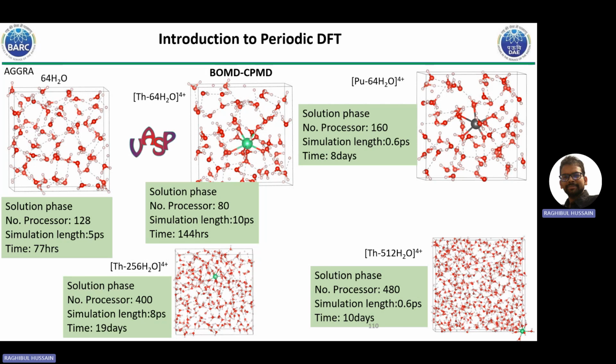Okay, and then this is another system we have used, where the number of water molecules has increased. 256 water molecules we have there. Here we have used 400 processors. All are supercomputers. Just imagine, 400 processors, and we are able to run 19 days and only 8 picoseconds. And this is another big system we have run. We have used 480 processors and 512 water molecules, and you see 10 days we have run. We have gone only 6.6. Okay, so you have to either use your time or you have to increase the